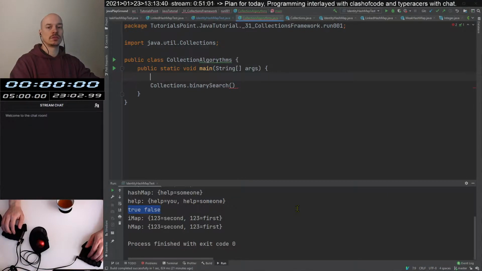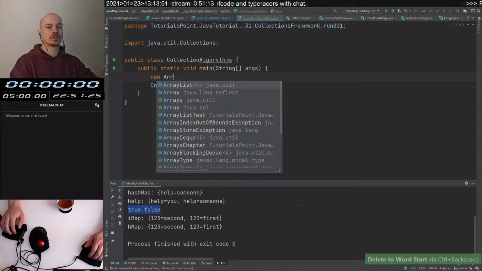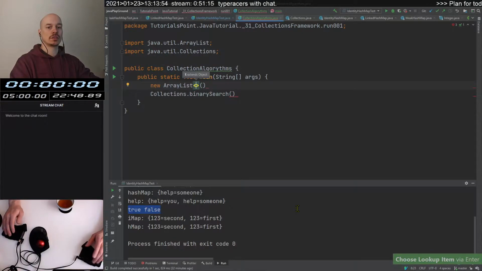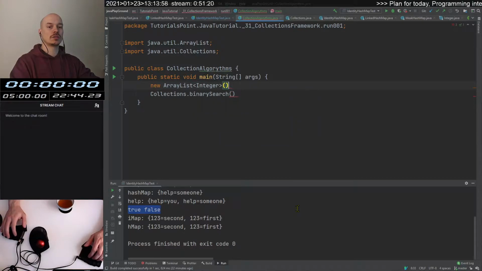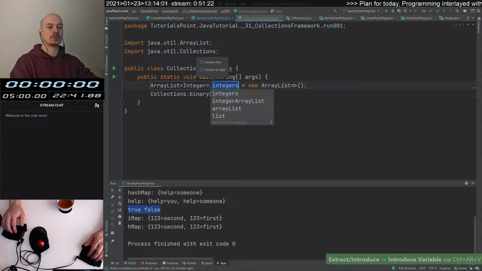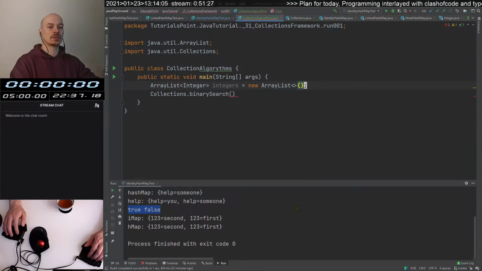So, no, this is not the Vim way. The Vim way would be if I'm here, press Shift, here we go. So I do new array list, and we will have an integer, extracted to integers, why not? And we can put in